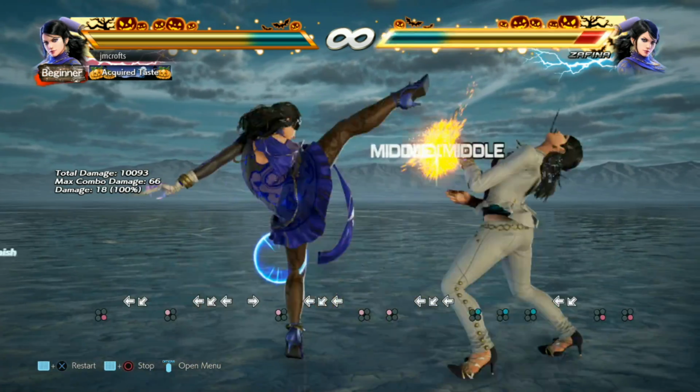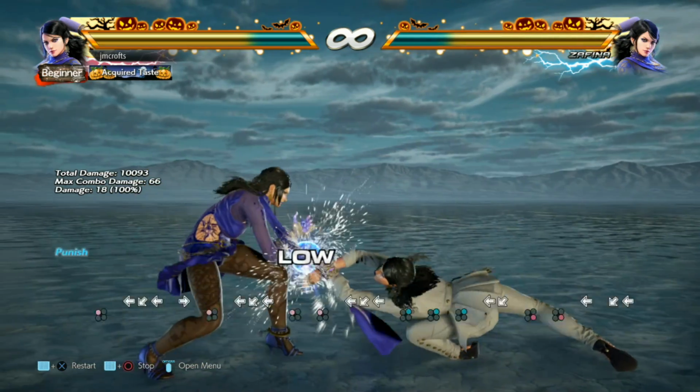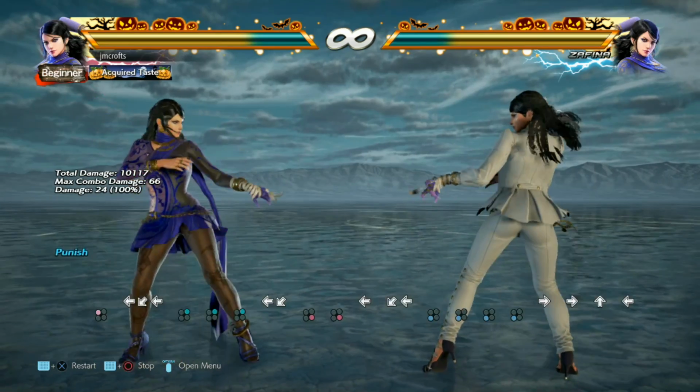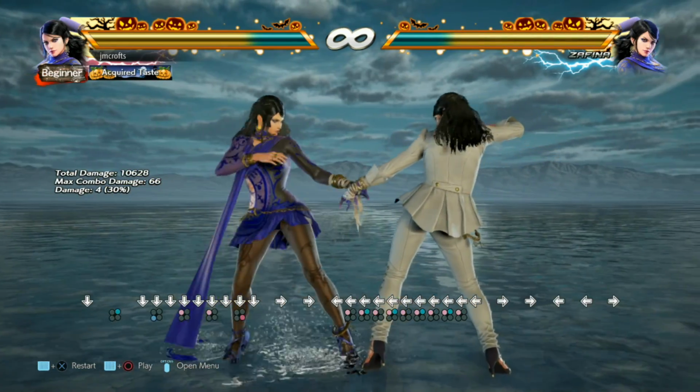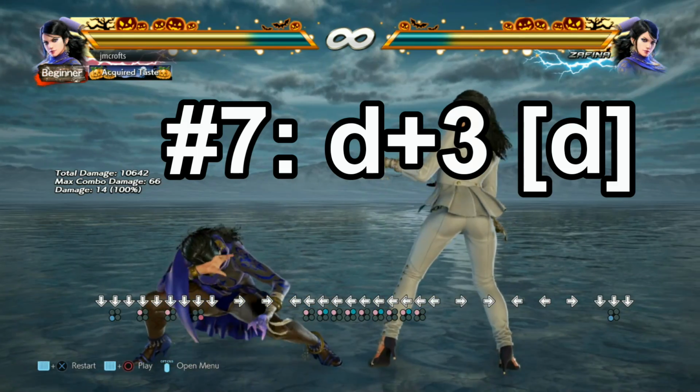Usually they can't get big launchers or anything. They're going to have to be satisfied with just a little bit of damage if they block that. And the other low I want to talk about here is down 3, and then if you hold down, this